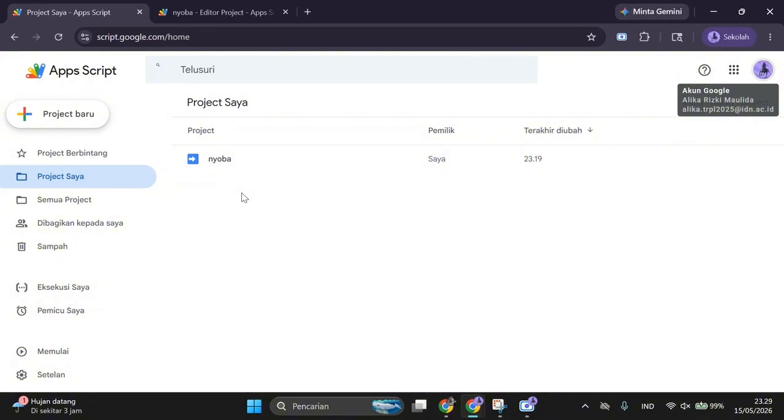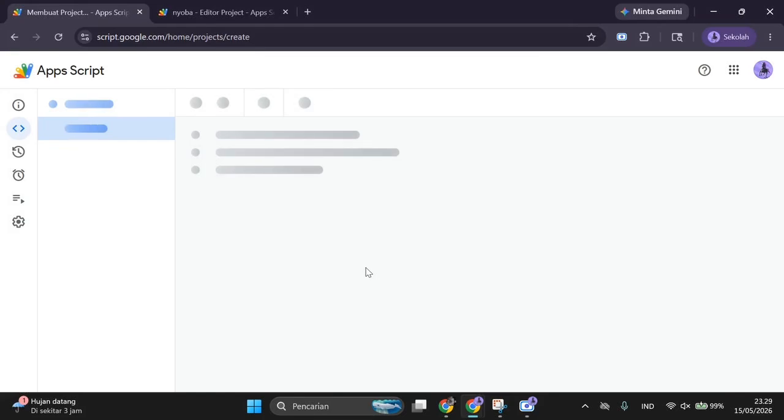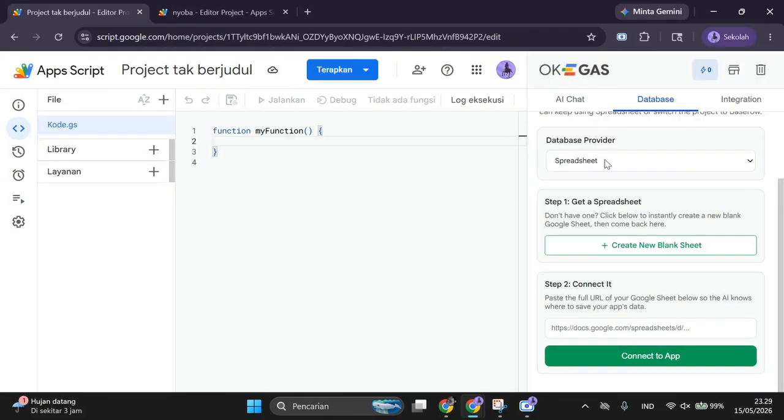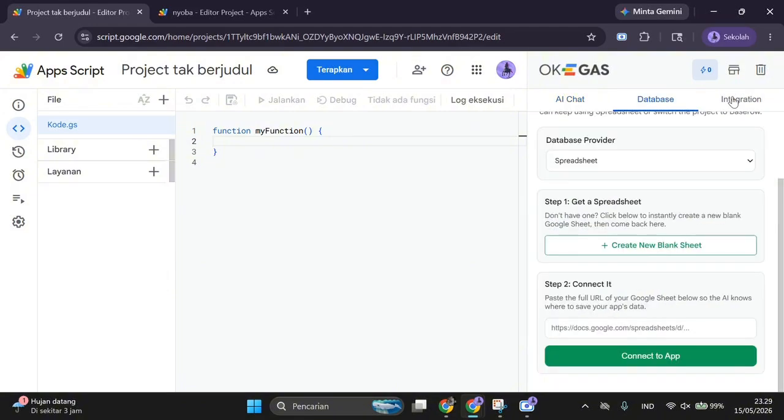Alright, let's jump right into the very first step. 1. To start, head over to your Google Drive. 2. Click on the New button in the top left corner, hover over More, and select Google Apps Script. 3.